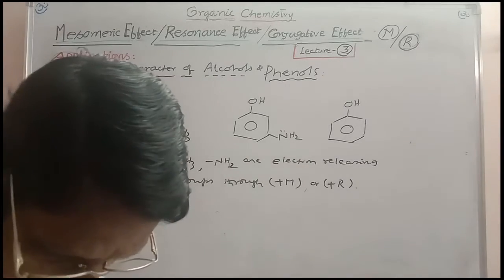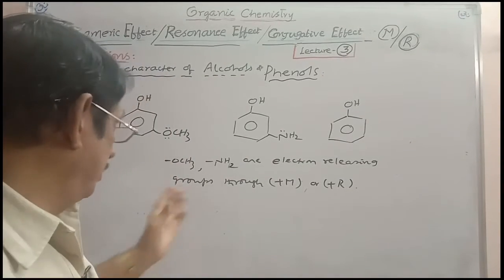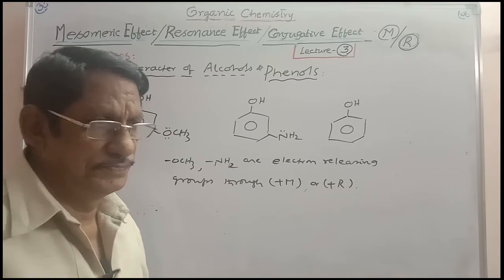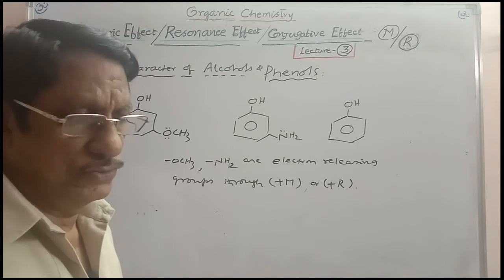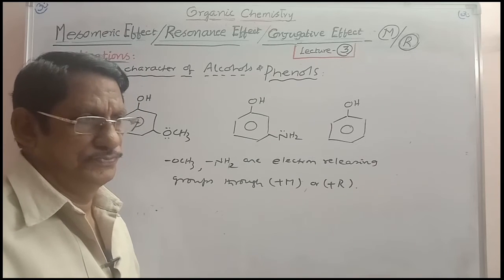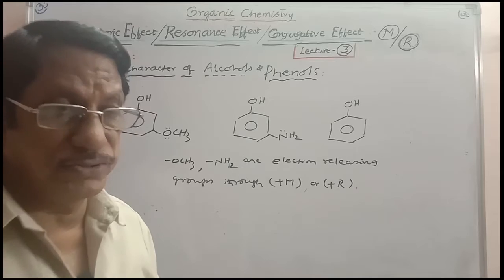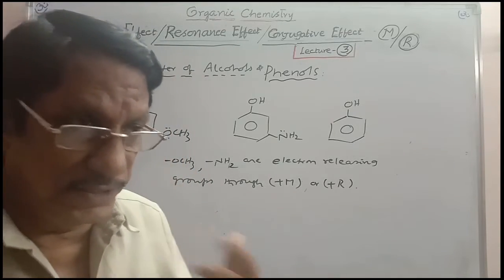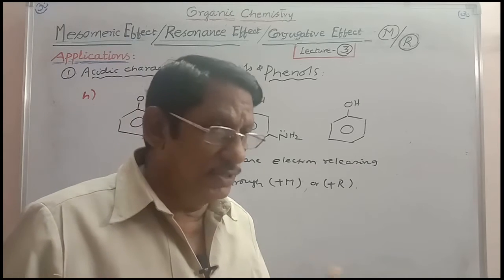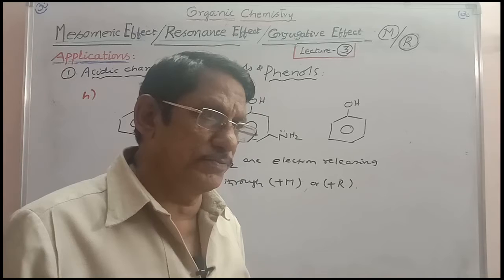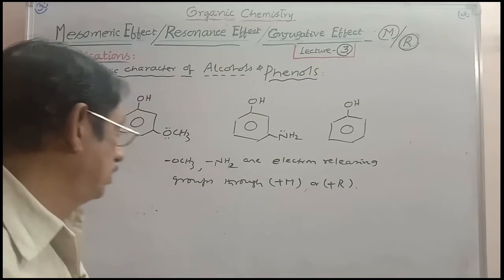One more application which seems to be an anomaly once again. Any electron releasing group decreases the acidic character of phenol. That is true. But that is not always true when the substitution is at the meta position. Because at the meta position, mesomeric effect is not operative. So this becomes once again a special case. I am taking here